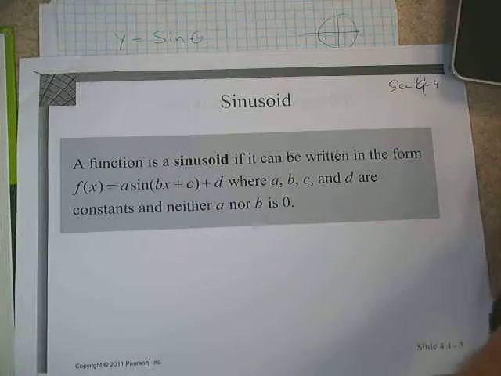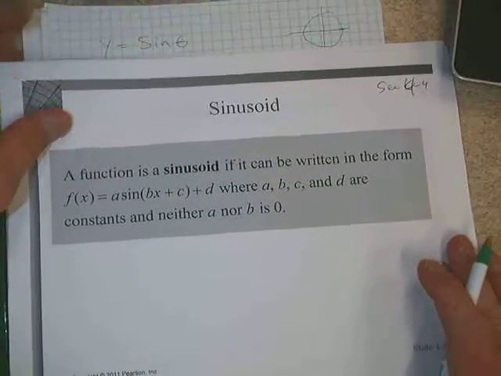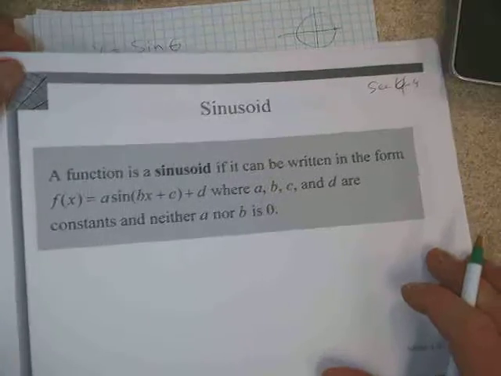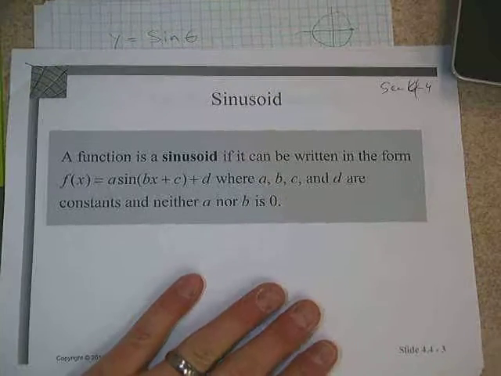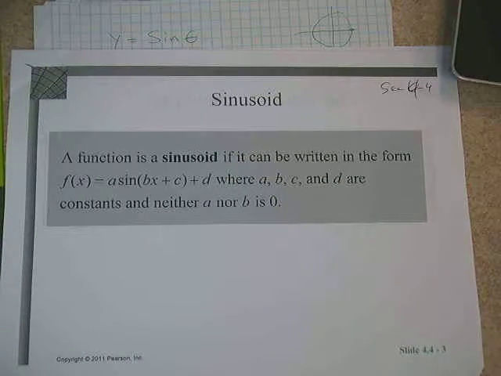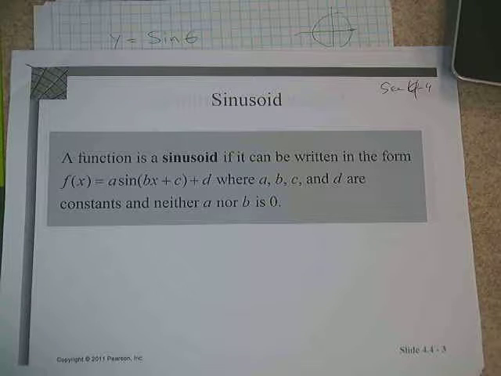Okay, so what we're going to do next then is with these new functions that we're going to study here for the rest of this time, we're going to put a definition on here of this type of function, and it's called a sinusoid. Okay? And we say a function is a sinusoid if it can be written in the following form: a times sine of bx plus c plus d, where a, b, c, and d are all constants, and neither a or b